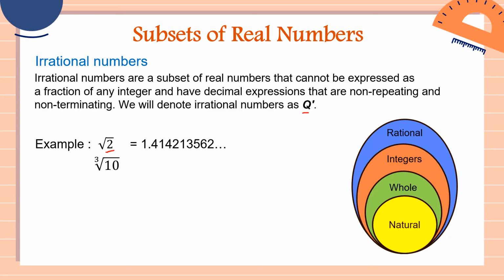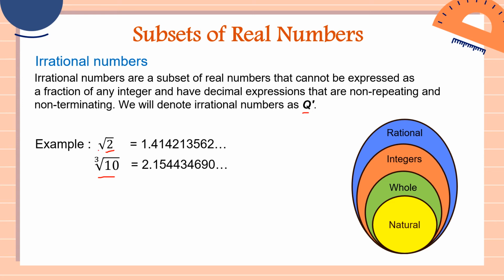So therefore, the cube root of 8 is 2. But for the cube root of 10, we don't have a cube root of 10. So therefore, if the number inside this cube root is not a perfect cube, automatic, it would be an irrational number. So if we get the answer, class, for the cube root of 10, the answer would be 2.154434690. Then after 0, you have another number, so it will not terminate. It will be continuous. So that would be non-terminating. So therefore, this will be an irrational number. So cube root of 10 is an irrational number.